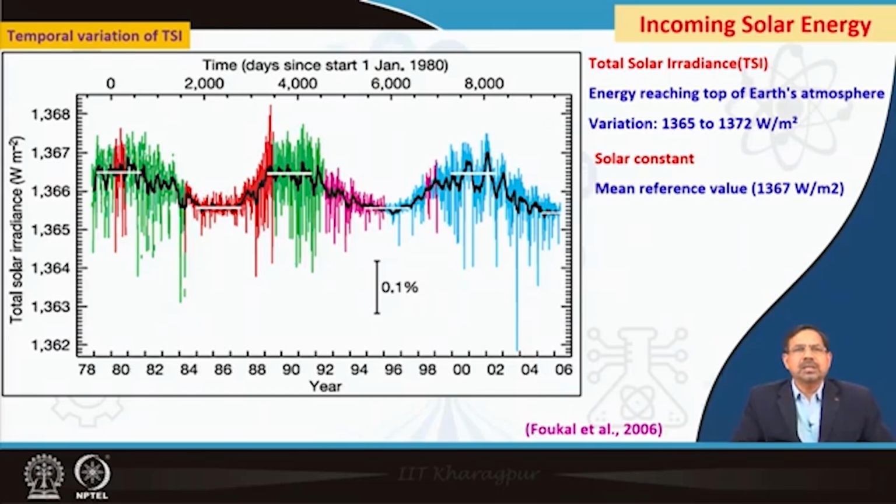So, it can be seen that some time back the solar radiation also touched 1368, it has crossed 1368, and at times it has come down to about 1362 at some part of the year. Those are little exceptions, but on average they fluctuate between 1365 to 1372. This variation in the solar irradiance has a bearing on the climate change.